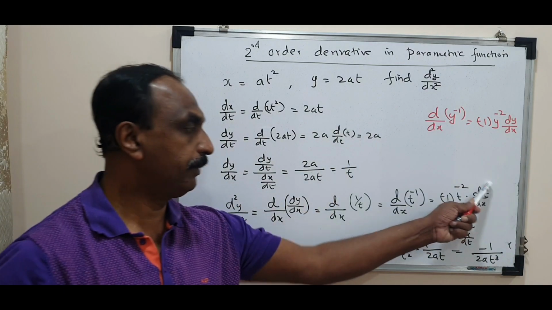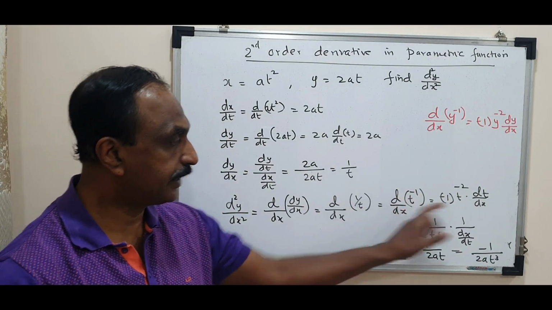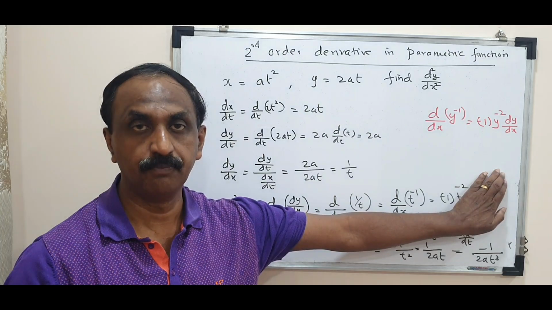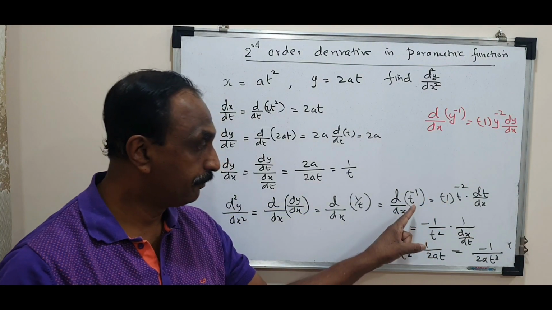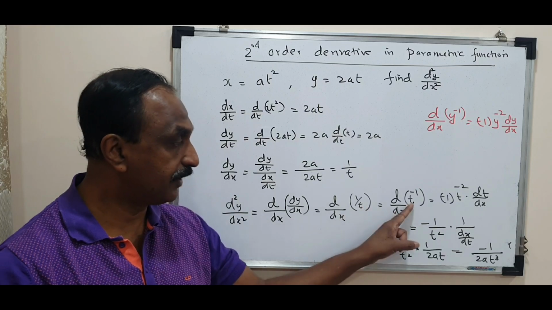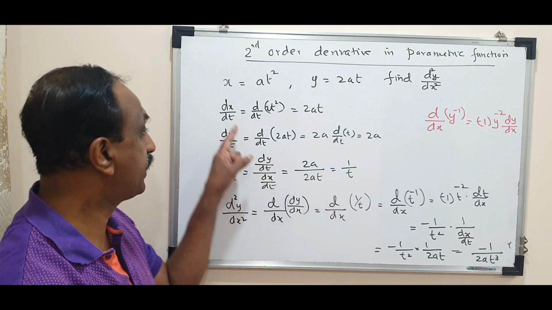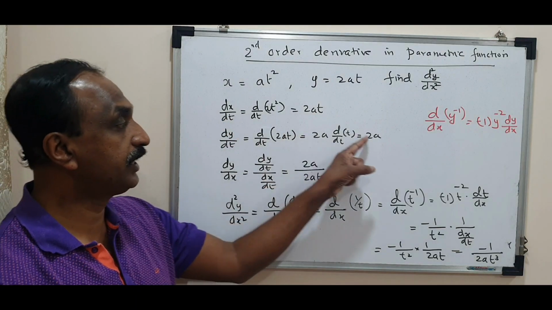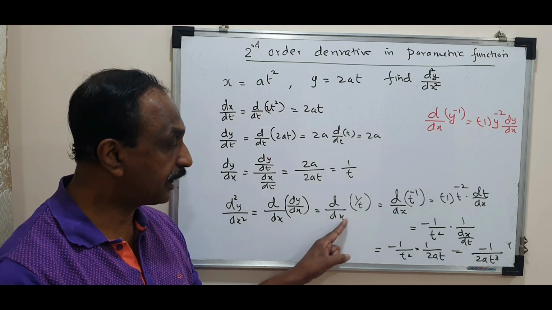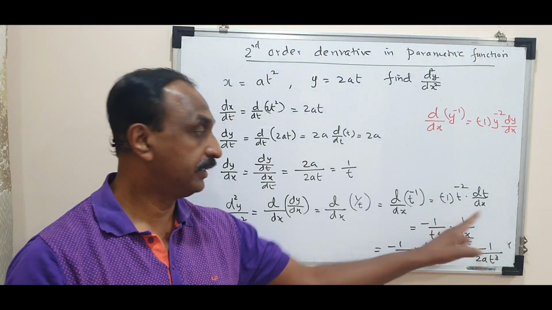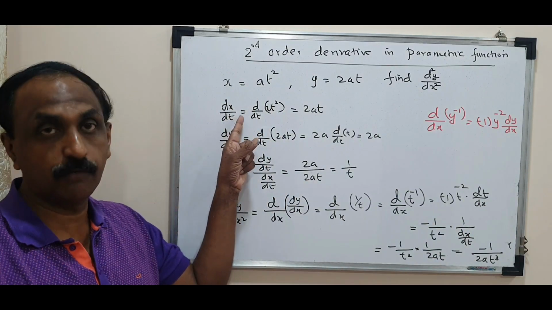This is the most common mistake the student does. Usually what a student will do is differentiate t raised to minus 1 and leave the answer over there. This is a common mistake. 90% of the students make this mistake. You must remember, when you do the parametric function second derivative, this function is in t, but the derivative is done with respect to x. Whereas in these two places, we are differentiating with respect to t, there's no problem. But when you do the second derivative, the variables are different. So we need to apply dt by dx again, and dt by dx will be replaced by the reciprocal of dx by dt.